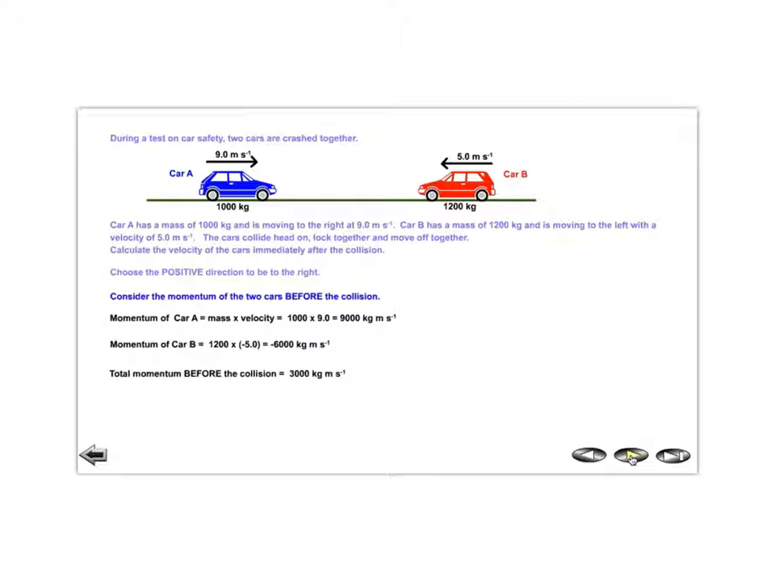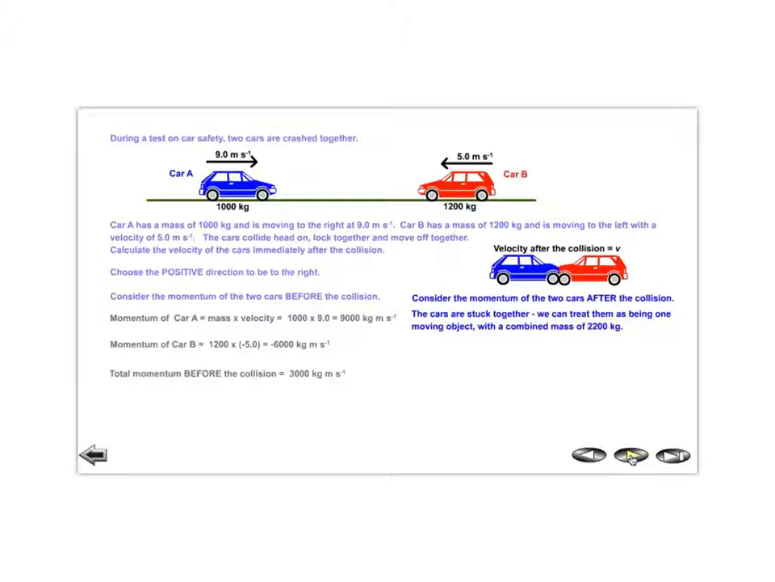If we now look at what's happening after the collision, then the cars are stuck together, so we now have a total mass of 2,200 kilograms, moving at some unknown velocity v. That's what we're trying to work out. So after the collision, the total momentum is 2,200 times v, and because we've got this concept of conservation of momentum,